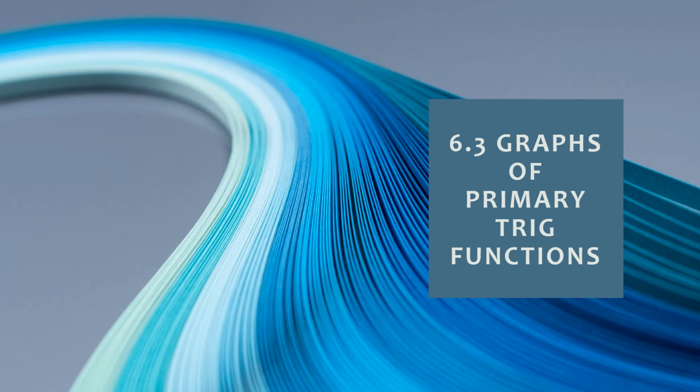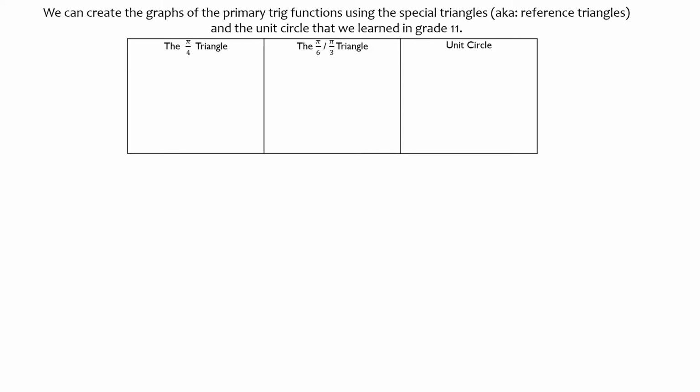Today we're going to be graphing the primary trig functions, which you've done before in degrees, but now we're going to graph them using radians as our independent variable. So let's figure out how we can create the graphs of these functions using our special triangles and the unit circles. So first of all, let's look at the pi over 4 triangle, which we used to call the 45-degree